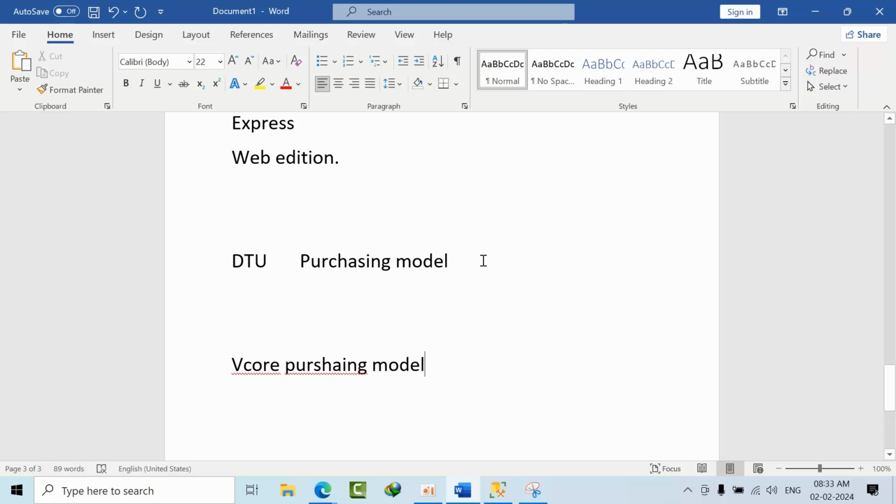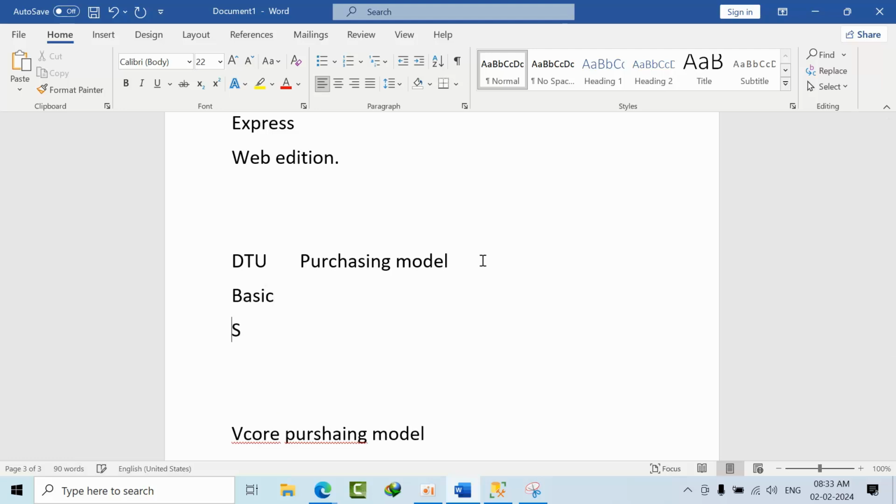In DTU, we have basic, standard, and premium.